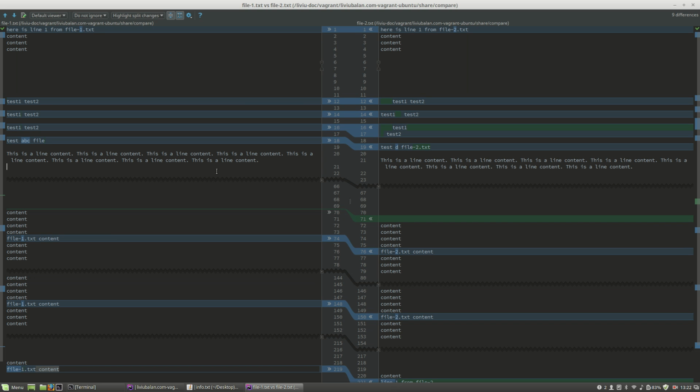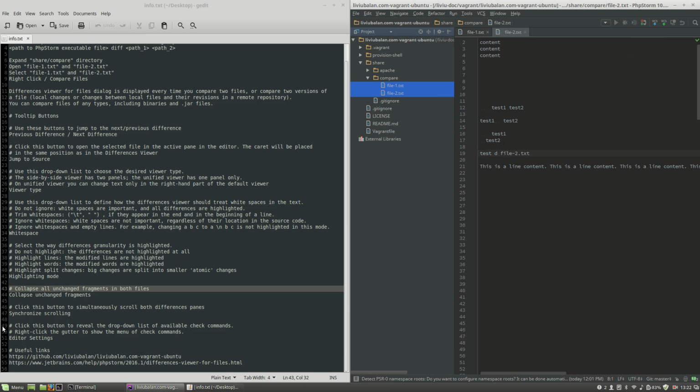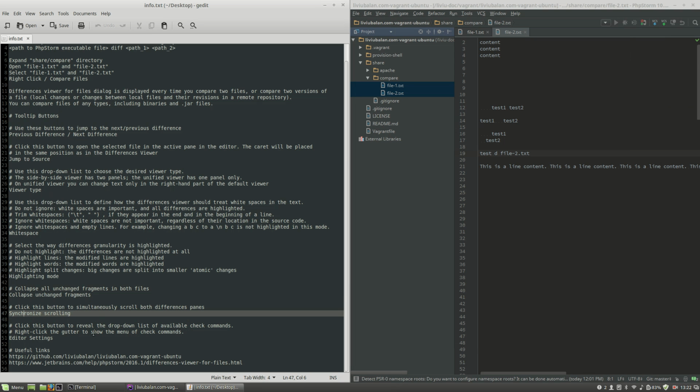So you can use it to minimize the height of your current documents in order to concentrate on the differences of your files and not on the values of your files which are the same. Okay, uncheck this button, close this window, and the next option that I will speak about